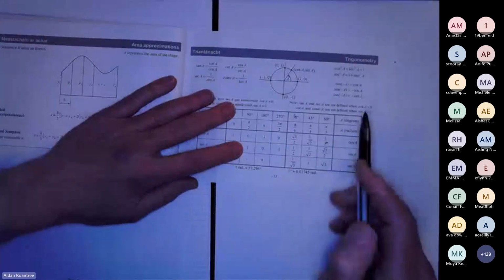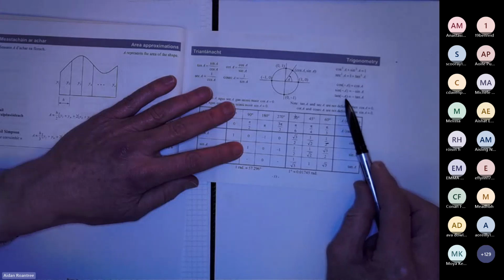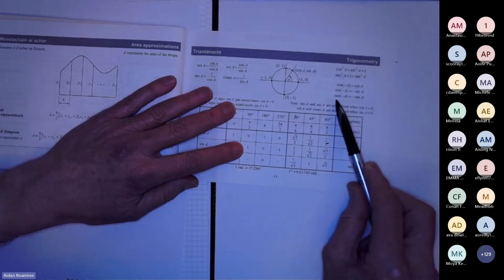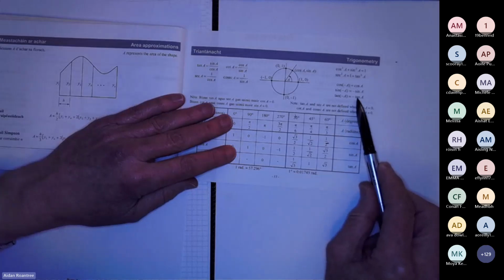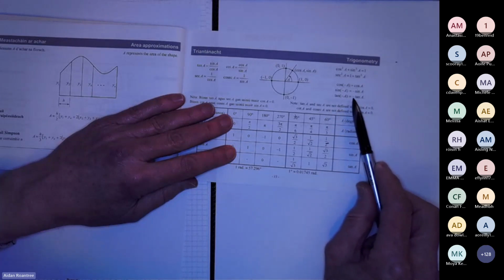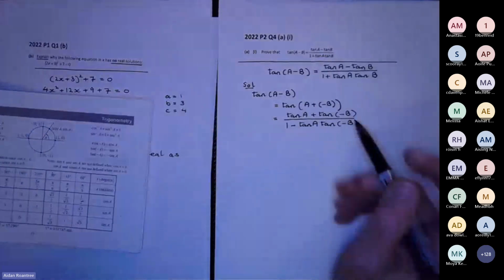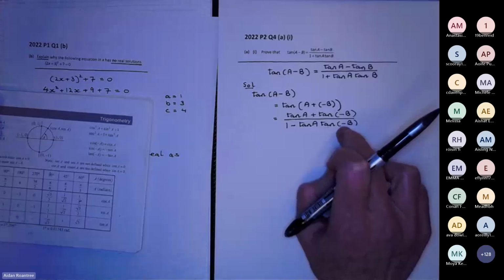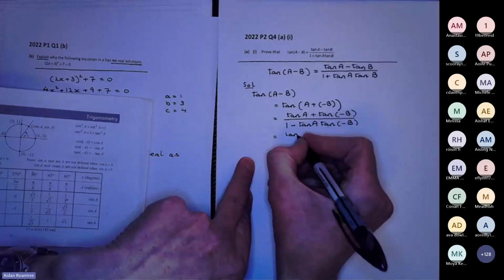Well, if you go back and look at the previous page, it tells you there on page 13 of the maths tables that tan of minus A is equal to minus tan A. Now, the angle A could be anything. Tan of minus X is equal to minus tan X. Tan of minus B, in our case here, is equal to minus tan B. So we can use that to deal with the second part of the top line and the end of the bottom line as well. So we can write that down as tan of A